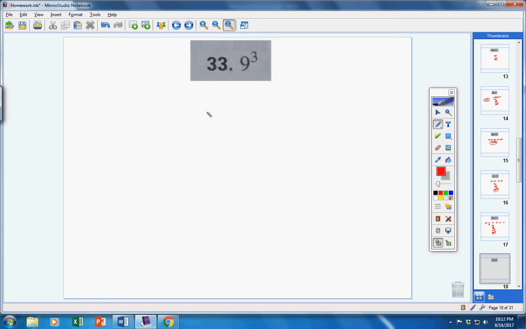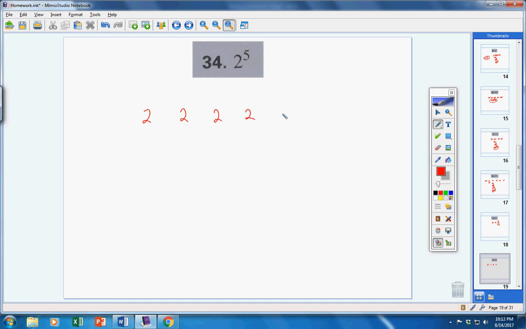Okay, moving on to number 33. 9 to the 3rd power. So we're going to write the 9 3 times. 9 times 9 is 81. And 81 times 9 is 729. Alright, 9 to the 3rd power, 9 times 9 times 9, is 729. And then lastly, number 34, 2 to the 5th power. So we're going to write the 2 5 times. 2 times 2 is 4. Times 2 is 8. Times 2 is